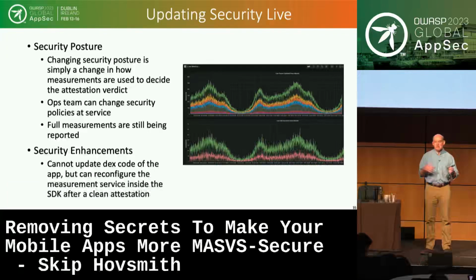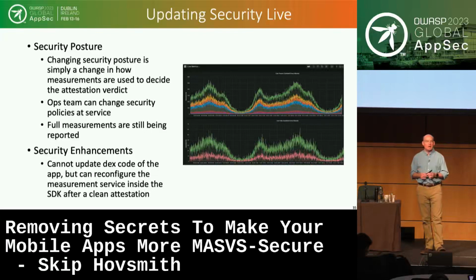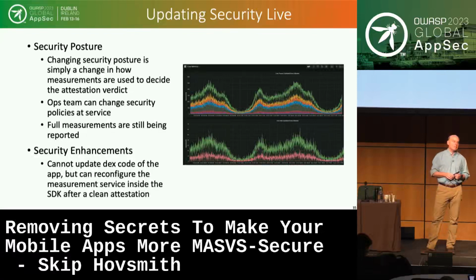But you could decide, well, this is a game, and I'm seeing a high population of my users have modded their phones, so I don't want to block rooting. So you'll go ahead and detect it in the measurements, but your security posture will be, I'm going to allow that to pass. So even though nothing has changed in the measurements, I'm now going to provide a valid attestation or AppAuth token back to your device. And you can change that on the fly the same way that you can change any of these keys. The good news, though, is that you're still detecting everything that's going on. And you're collecting a lot of data about your application's population and use and who's trying to hack it and how they're trying to hack it by what you detect.